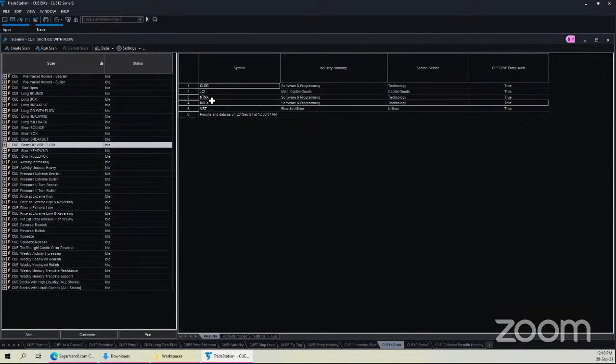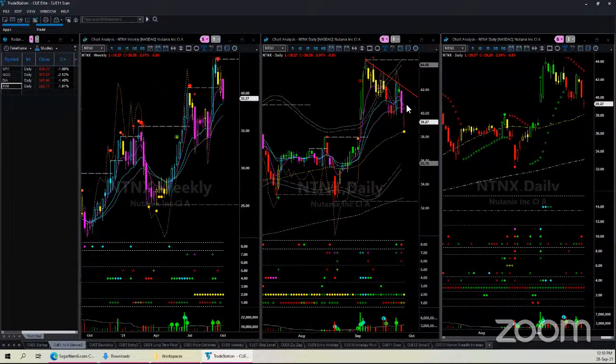Let's look at software programming, NTNX. Again, it is linked with At a Glance. Go back there. It is successfully calculating the go with flow. Remember, TradeStation scans do not run on intraday candle. So it is not using today's candle to evaluate At a Glance